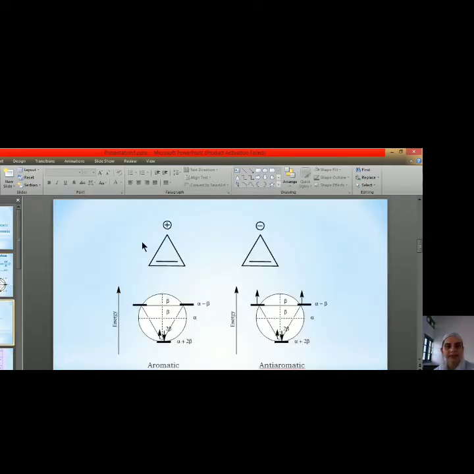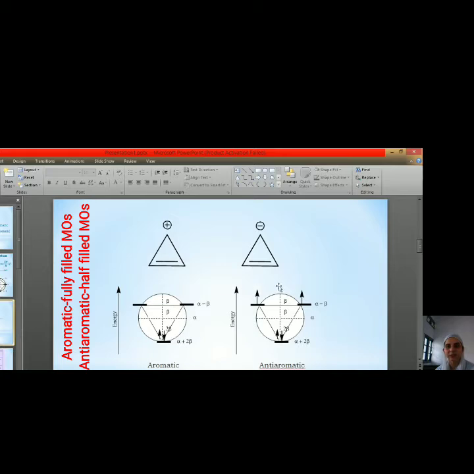Now coming to the cyclopropenyl cation, we have two electrons here. We fill the electrons in these orbitals according to the Aufbau principle and Hund's rule. According to Huckel MO theory, if the orbitals are filled, whether bonding, non-bonding or anti-bonding, the system is aromatic. And if the orbitals are half filled, the system is anti-aromatic. In this case, the orbitals are fully filled, so this compound is aromatic.